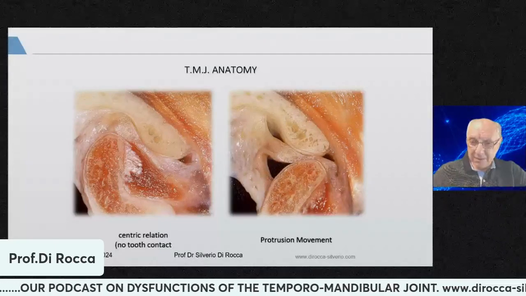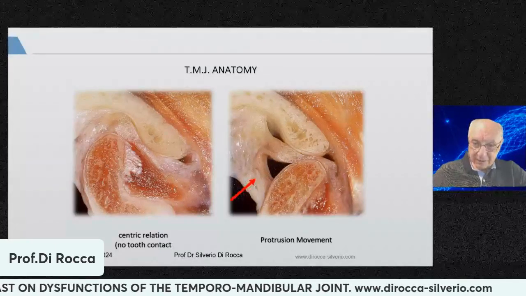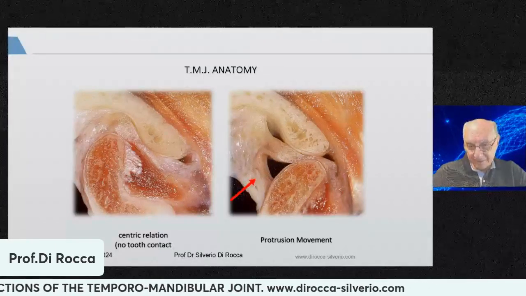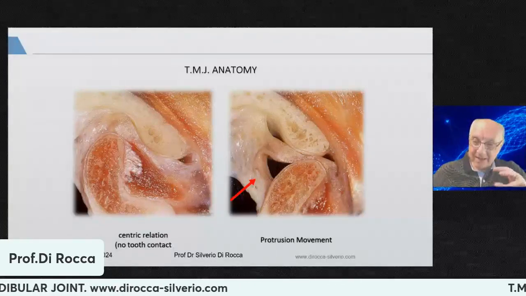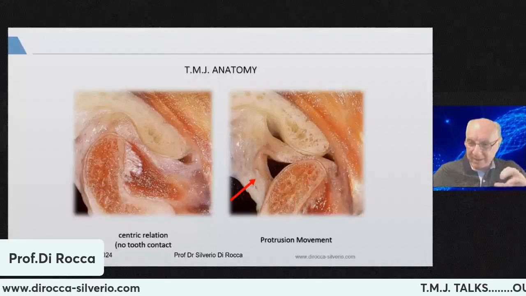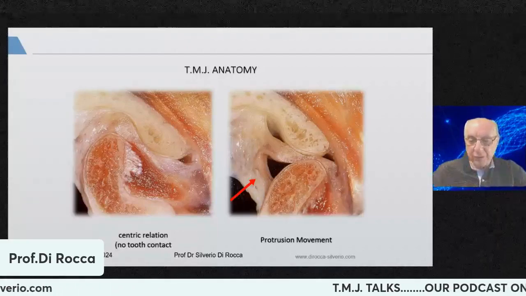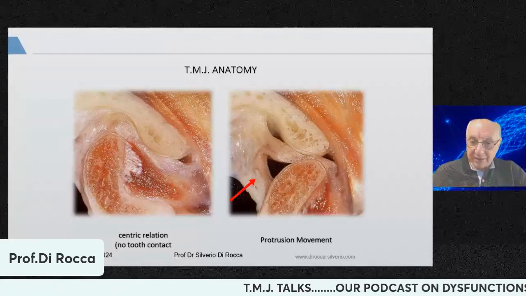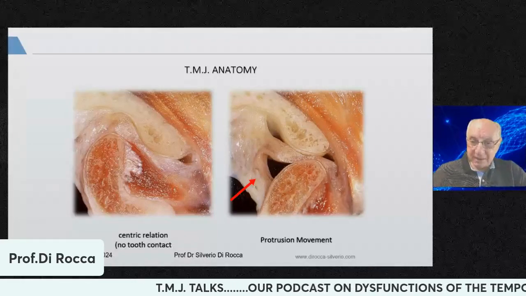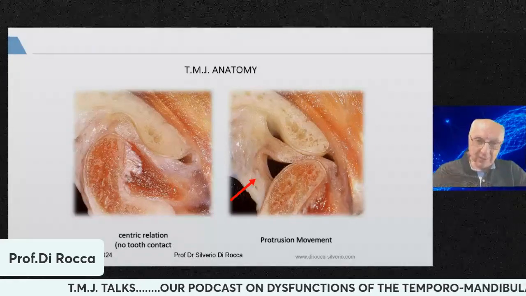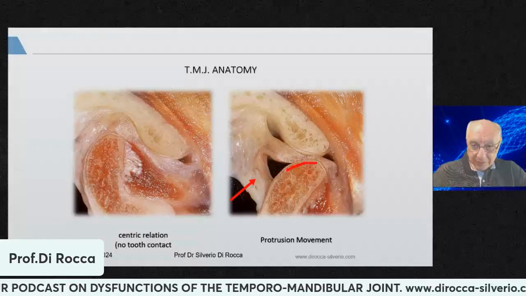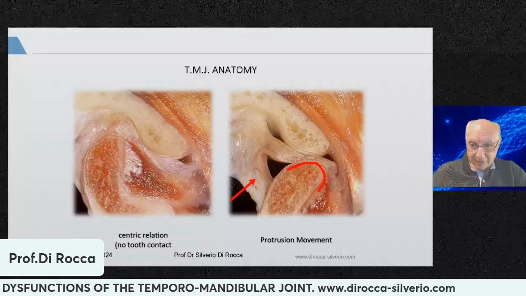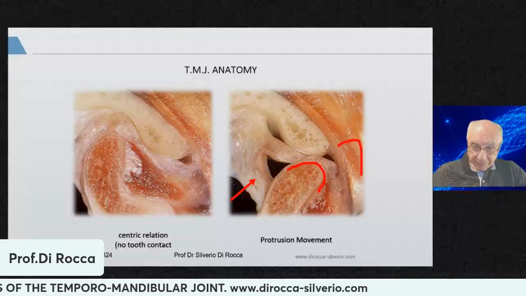Sometimes this particular ligament has a laxitude, it's lax, it has no force to stop the movement. And the condyle sometimes goes here. I will make a draw here. The condyle doesn't stop here, in front of the